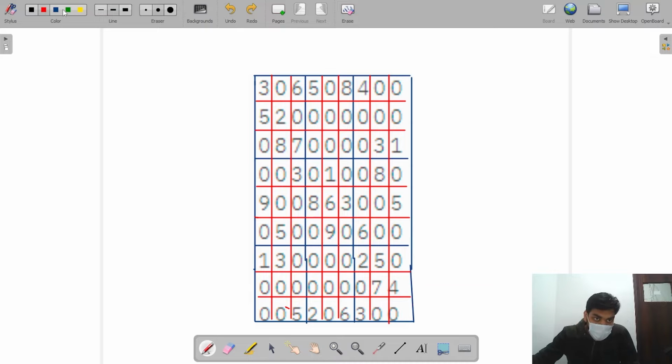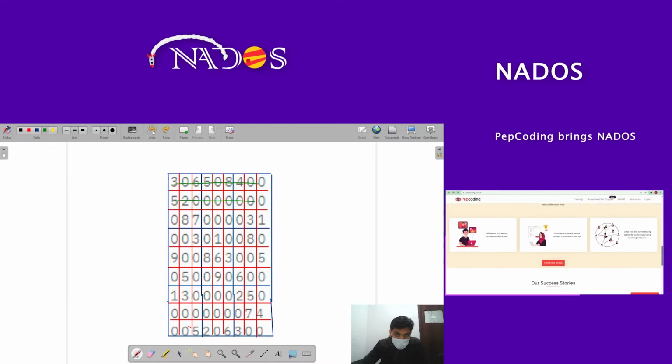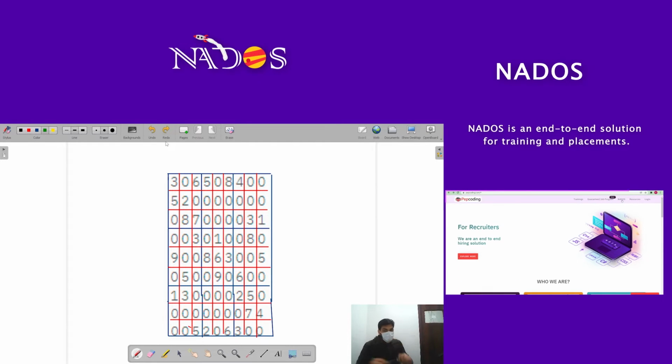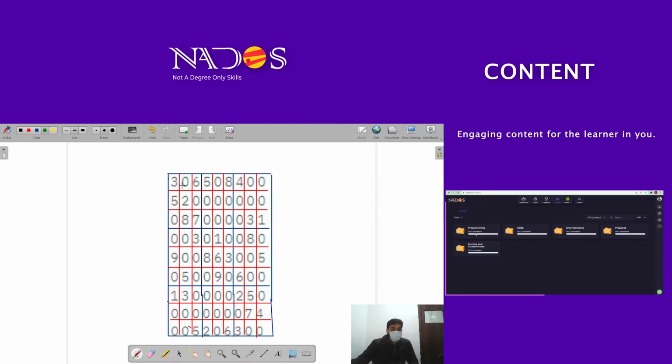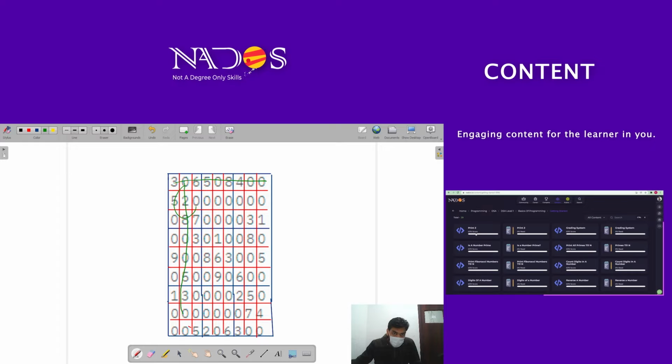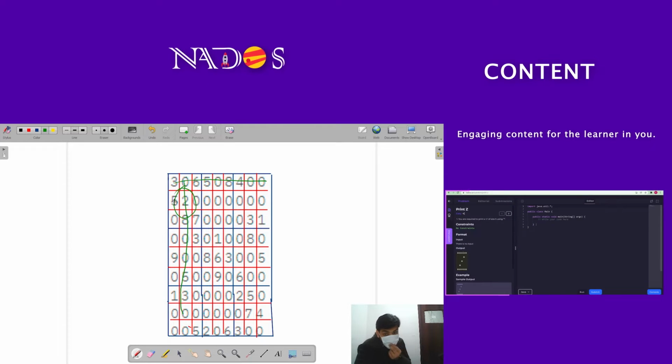and similarly there are 9 rows and 9 columns. 1 2 3 4 5 6 7 8 9. Similarly here 1 2 3 4 5 6 7 8 9. Now let's see this: in Sudoku, whatever number I am adding here should not be in my particular row, my particular column and my particular grid. Only then that number could exist.